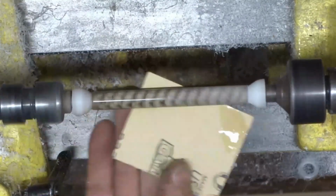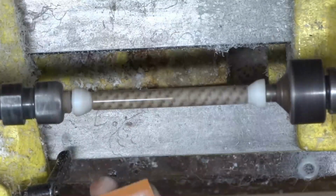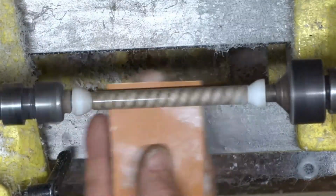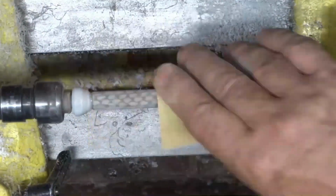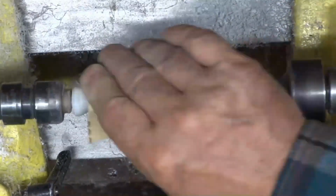I'm doing a little thin CA. We're not going to count that as a coat. I'm just doing some kind of fix there. I don't remember what happened. Maybe there was a little hole or something that was filling up with sanding dust. But anyway,